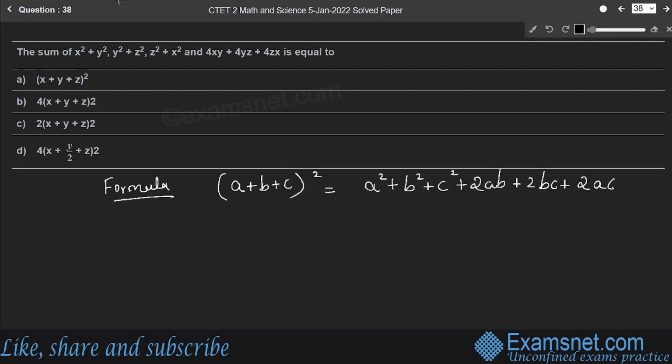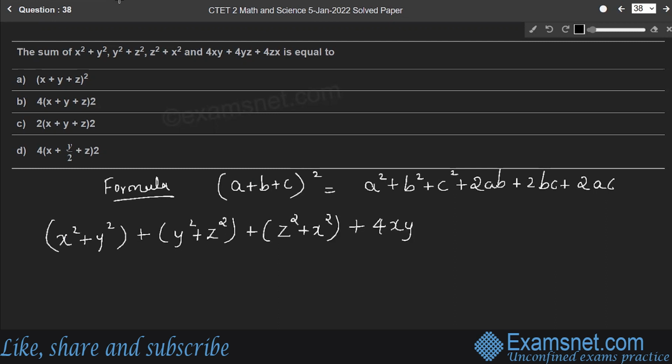Let us simplify. x square plus y square plus y square plus z square plus z square plus x square plus 4xy plus 4yz plus 4zx is equal to